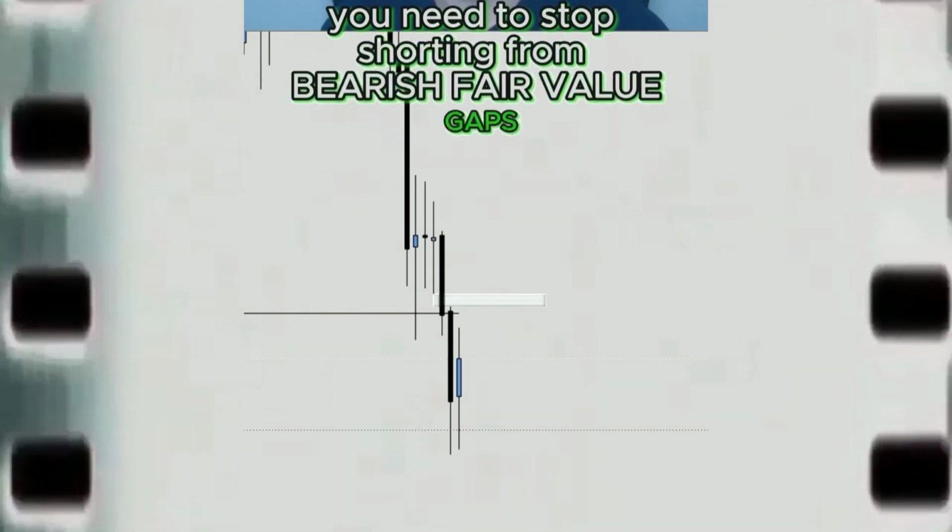And this is a day trading strategy that I trade every single day. You need to stop shorting from bearish fair value gaps, and then you will become a more profitable trader. As you can see, we have this bearish fair value gap after we've had a break of structure and swept this liquidity right here. Now, most ICT traders are taught to only short from bearish fair value gaps, but what